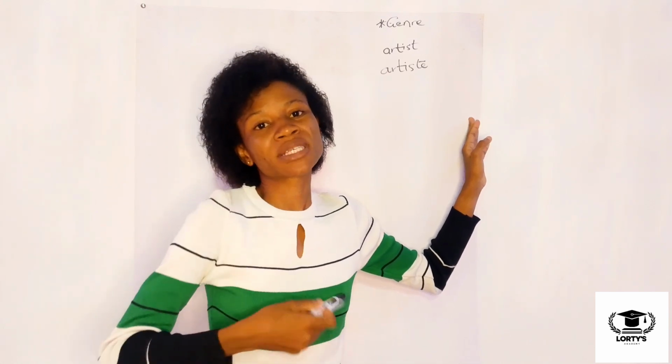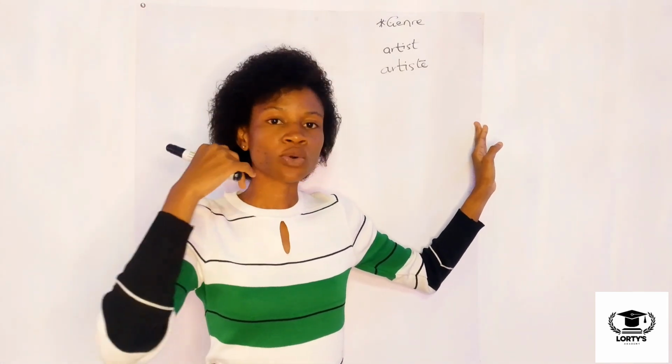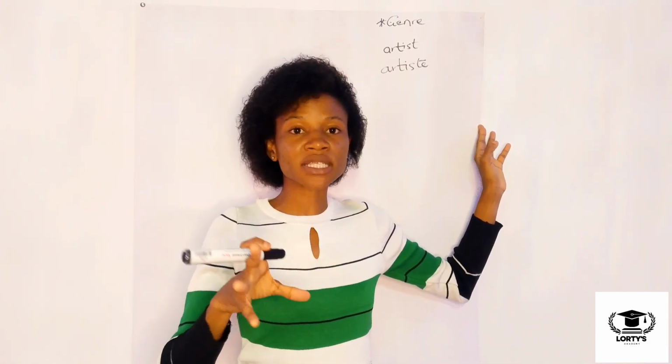So you're introducing the lesson. Why do we listen to music? You hear a lot of people say we listen to music because it makes us happy. We listen to music because it makes our work easier and faster. For instance, if I'm washing, I love to play music, and the moment I play music, I won't even get a chance to touch my phone or scroll through it. It just makes the work easier. It's very simple. In fact, teachers who are going to teach music in any of the basic classrooms, this is one of the most fun topics you can introduce and make your lesson so lovely.